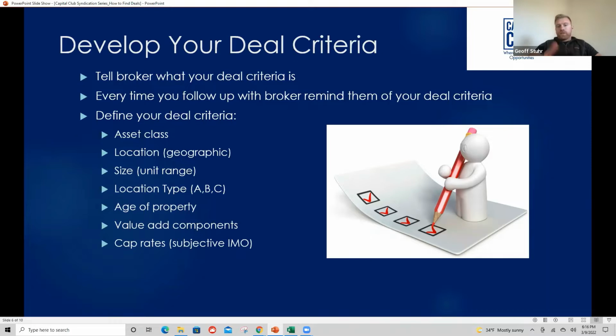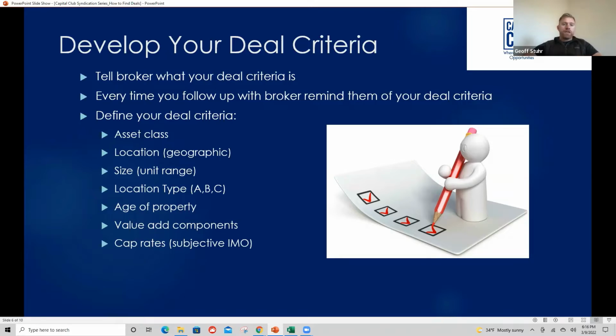As far as developing deal criteria, this is something I think we could have done a little bit better. Like I said, we're always learning. We've got a portfolio that's performing really well for the most part. We've got an office building that's struggling a little bit, and I don't think we're the only ones there. Getting really granular about what your niche is, is good.